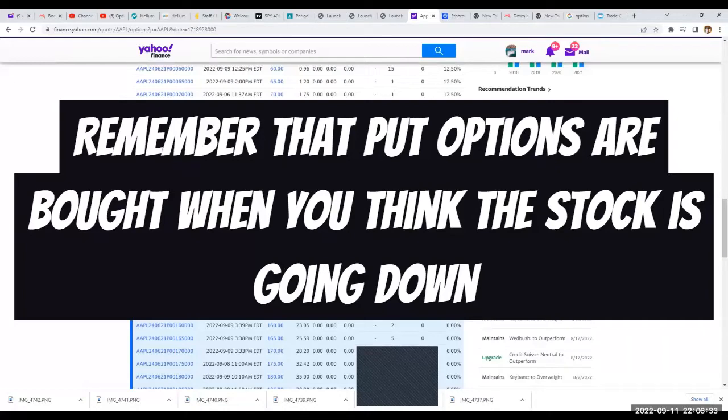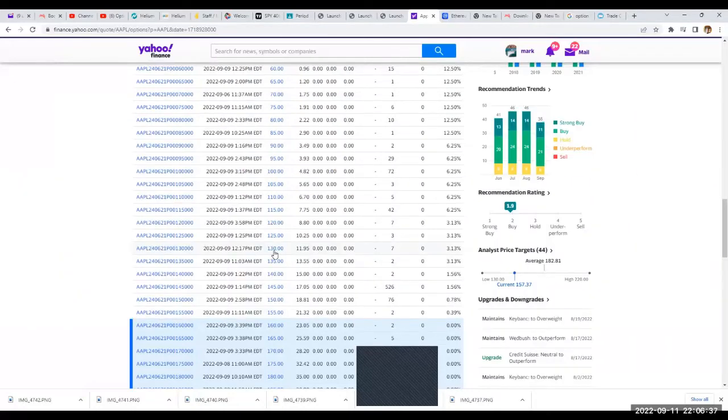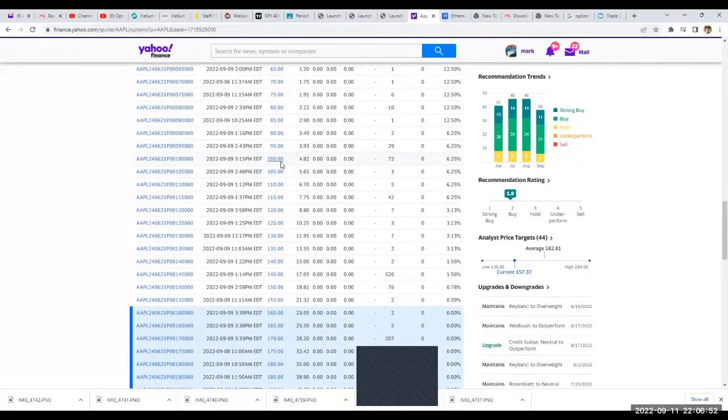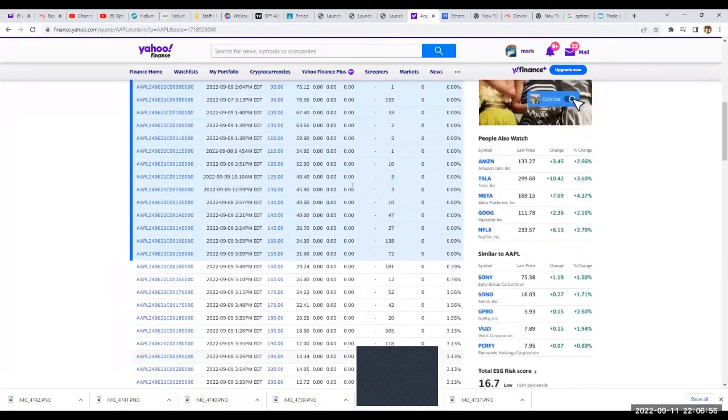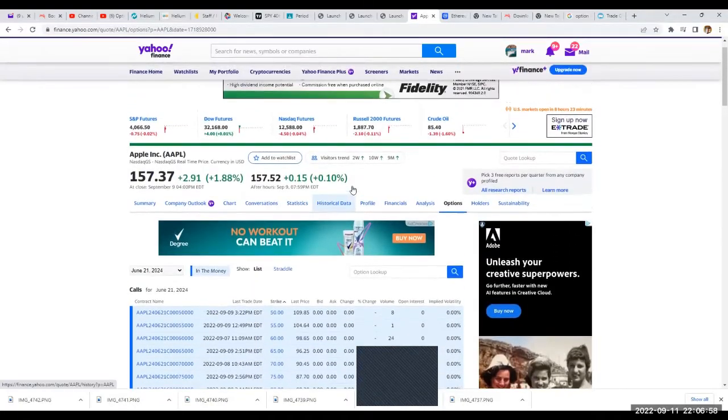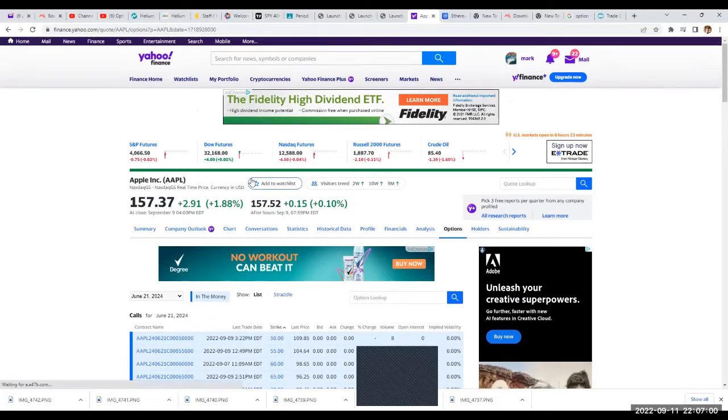Now this one, okay, if they pay, let's just say $1,200 for this one, all right, it still has to go. Let's just subtract another 120 from that. So it has to go to 128, okay, in order to make money. All right, now I know some of this looks fairly confusing, okay, but it's one of those things that you have to kind of practice with and think about after a period of time.